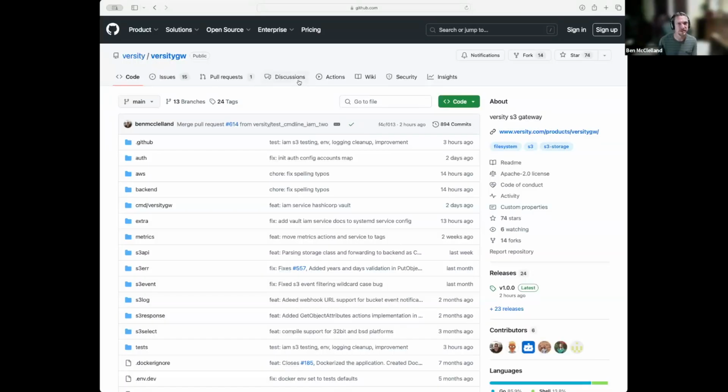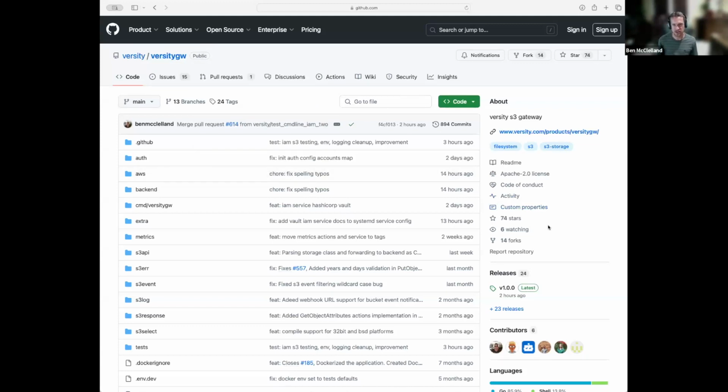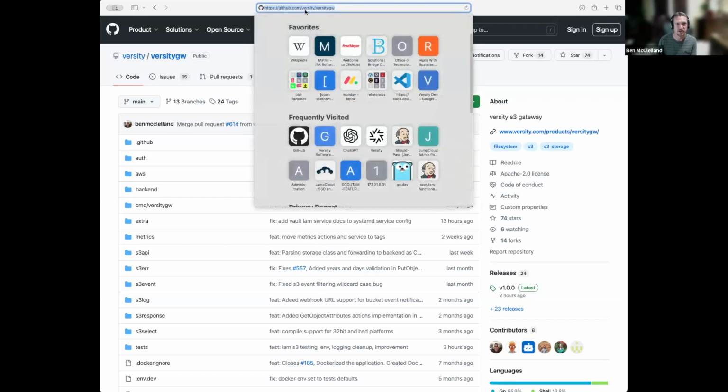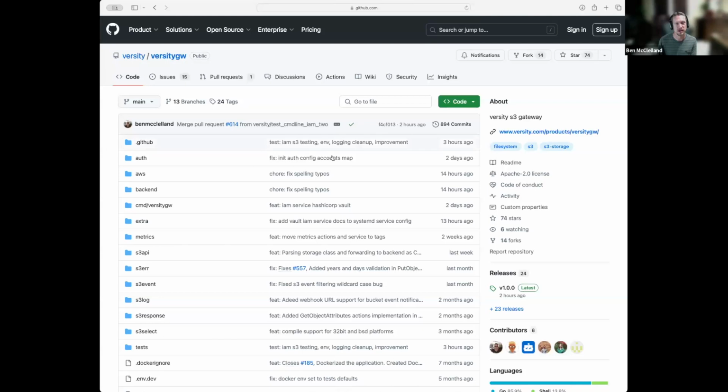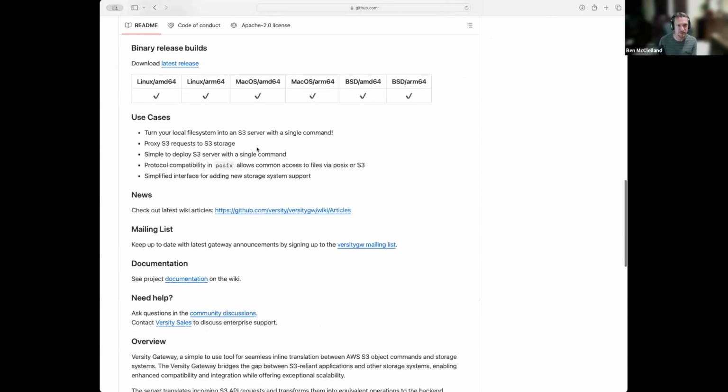Okay, first I'm going to share my screen that has the GitHub project on here, just so that we know where to go to get the current releases and where we are currently tracking issues and other aspects of the gateway. So this is the main GitHub page. You can just get to it from github.com/versity/versity-gateway, Versity GW. The page has the code repo, but also a README at the bottom